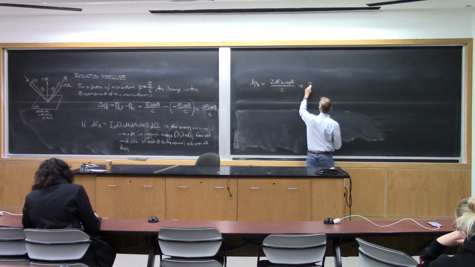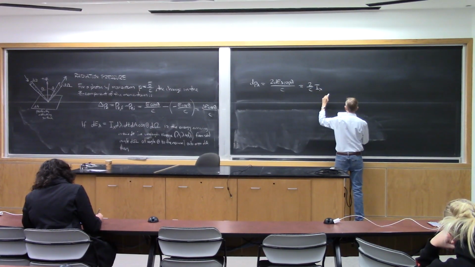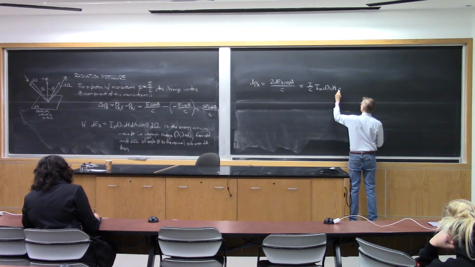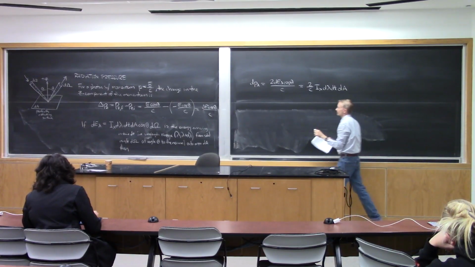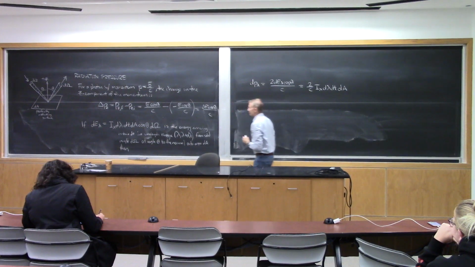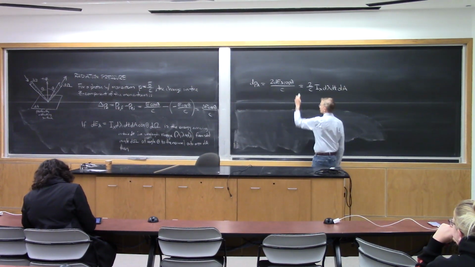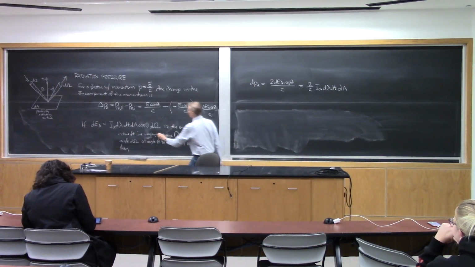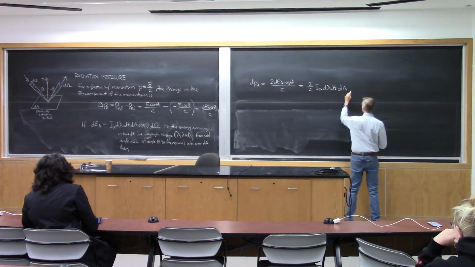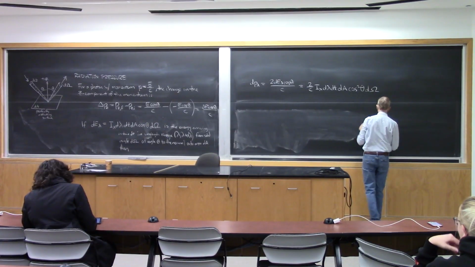Well then that's 2 over c I lambda d lambda dt dA, but it's going to be cosine squared theta, because it's already got a dA cosine theta there, so the dE lambda cosine theta is going to put another factor of cosine theta in. Cosine squared theta d omega,